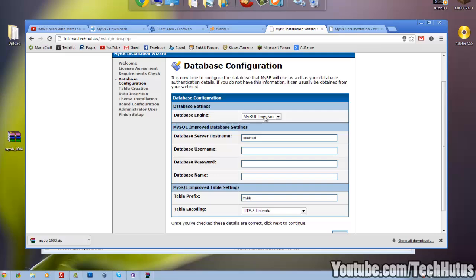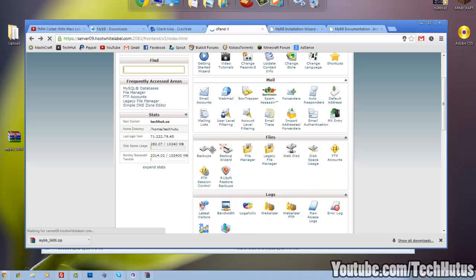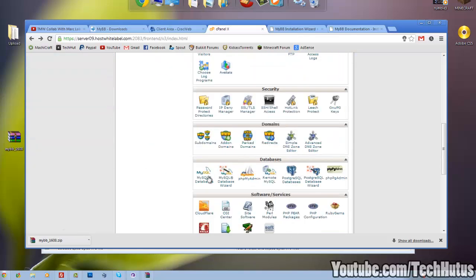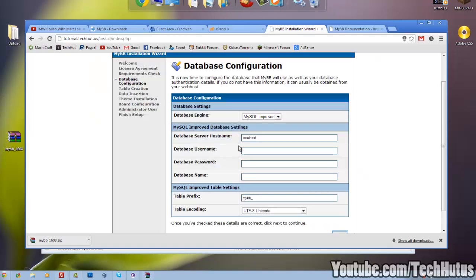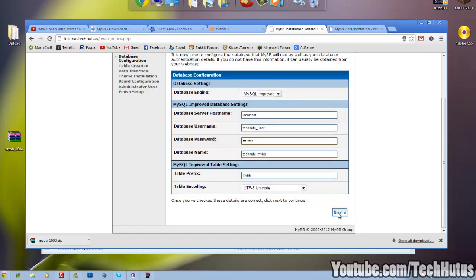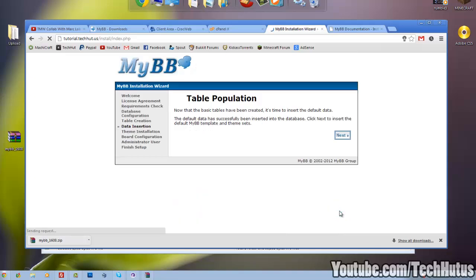We're going to want to do MySQL improved. Use the MySQL database that we just set up. So I'm going to go to MySQL databases. Once again, if you do not know how to create a MySQL database, I'll have a tutorial in the description. So the name, bam, user, I'm pretty sure this is the password, and that's prefix, next, I was right. Okay, then click next. Here we're going to want to click next,